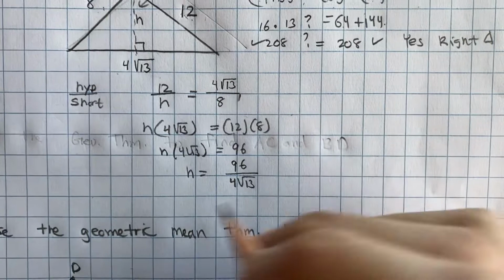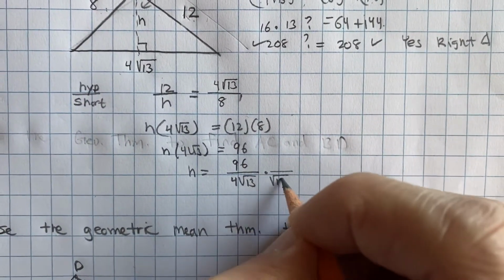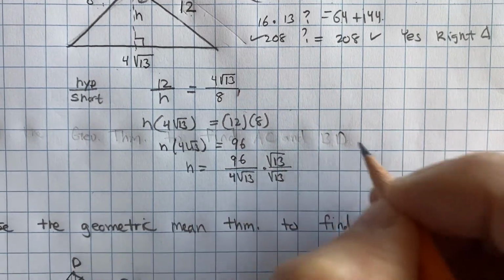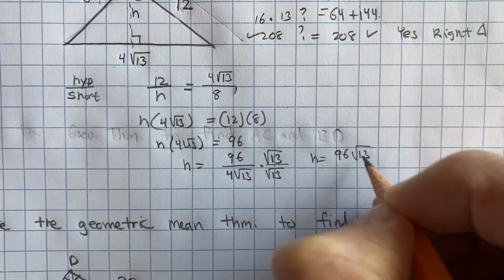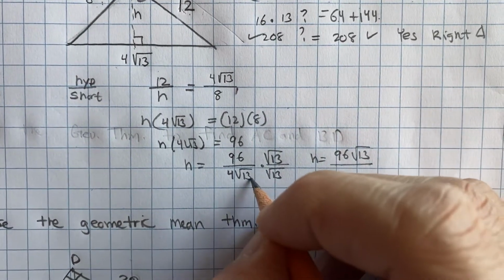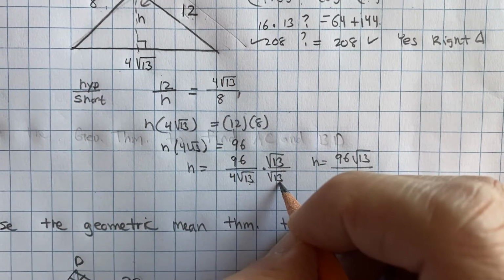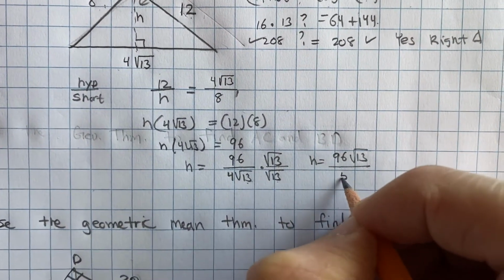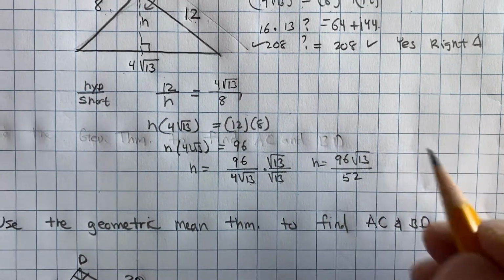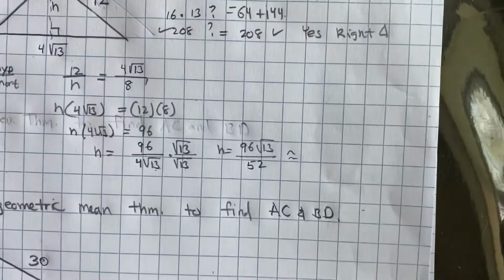Okay, so if I were to say leave it in simplest radical form, right, you would just multiply top and bottom by square root of 13. You get 96 root 13, right? And then 4 times 13, root 13 times root 13 is just 13. 13 times 4, right, that's just going to give you 52. Okay, so this will be exact, and then approximately